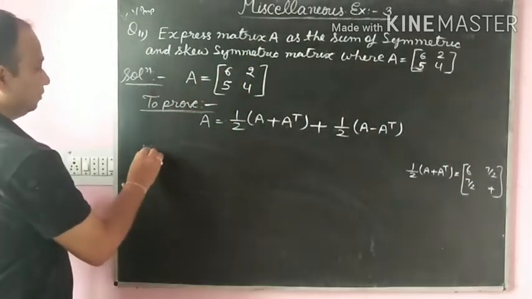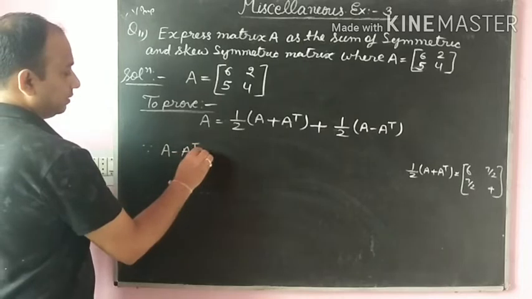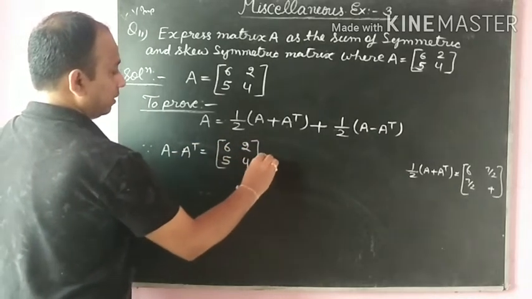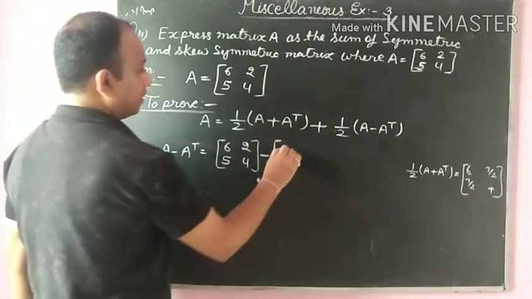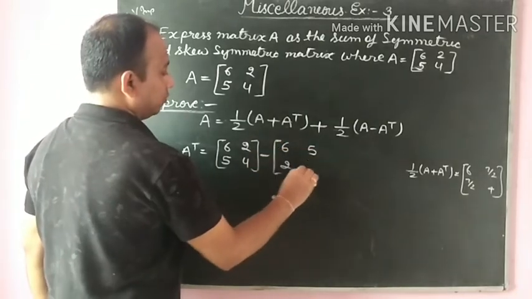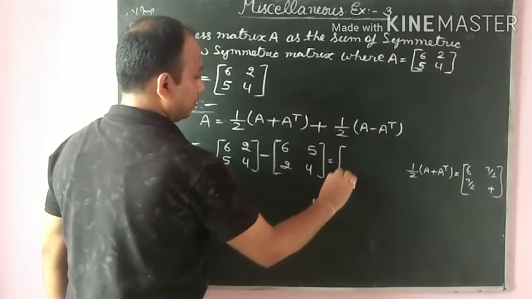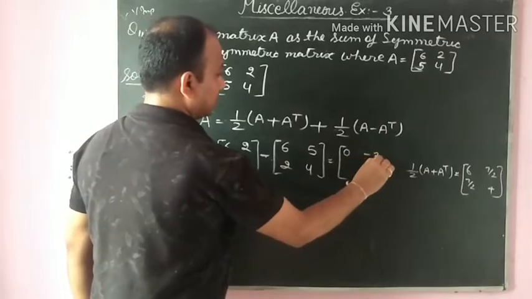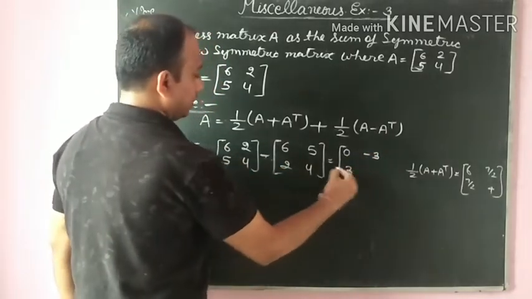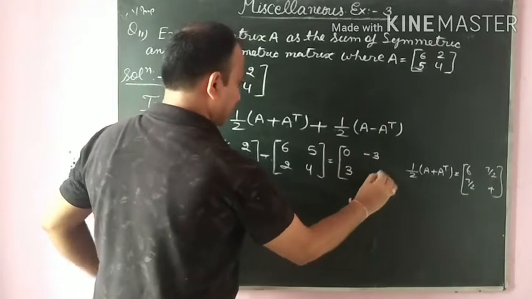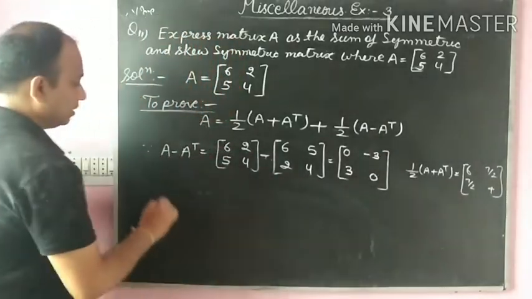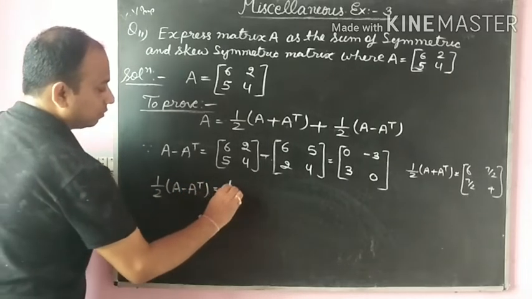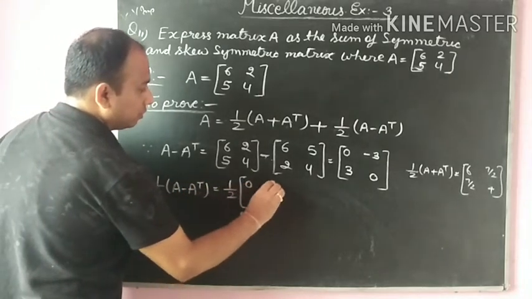Then we find A minus AT: A 6 2 5 4 minus AT 6 5 2 4 equals 6 minus 6 is 0, 2 minus 5 is minus 3, 5 minus 2 is 3, 4 minus 4 is 0. This is the matrix of A minus AT. Then we find half of A minus AT equals 1 upon 2 times 0 minus 3